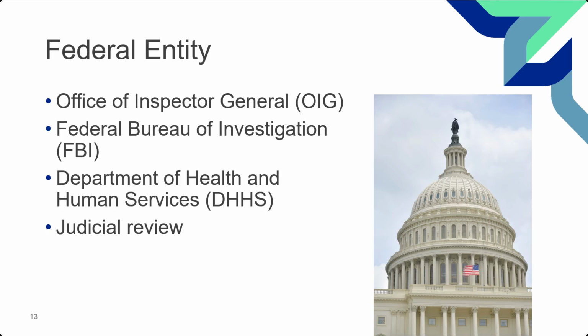Another federal entity that could be involved is the judicial reviews. Now, the first judicial review actually begins at level 3 appeals, and it's under the Centers for Medicare and Medicaid Services, and they're administrative law judges, and they do a form of a judicial review. If you get to level 5, you'll enter into a different form of judicial review that is actually in the federal district court system, and you'll be assigned. So that's also another form of judicial review.